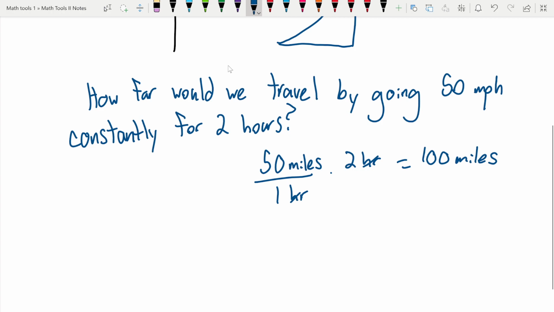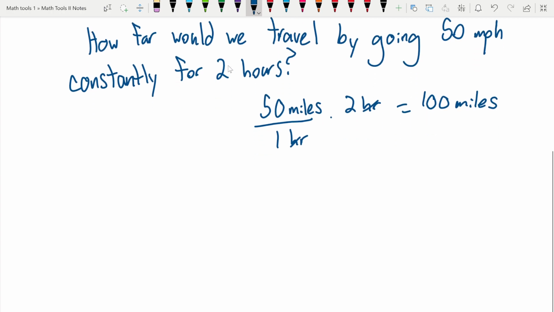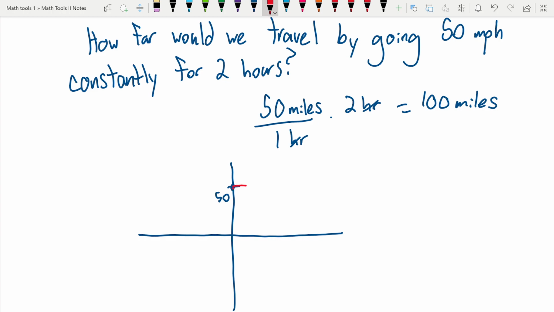But what if we look at the graph of this? If we were to represent this on a graph, then we would have just a constant line at y equals 50, right? So this would be our velocity. And let's say that this right here is 2. So this is 1. Then if we were to find the area underneath this quote unquote curve, it's not really a curve because it's a straight line, but the area underneath this function for those 2 hours,